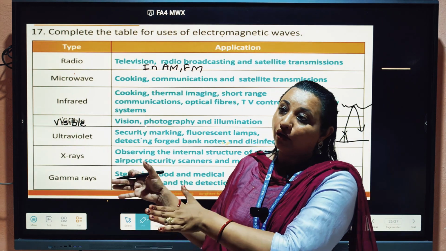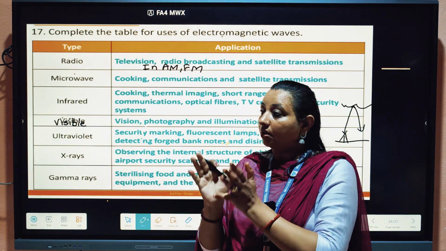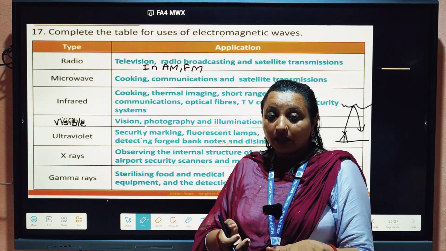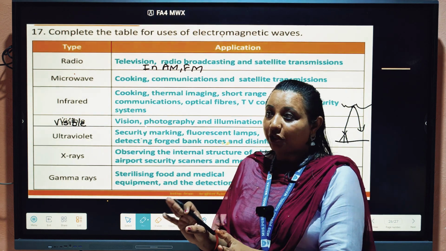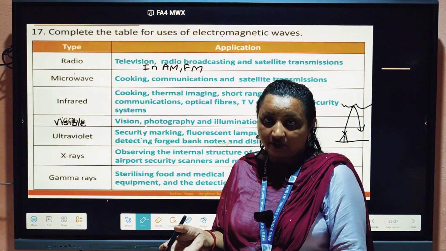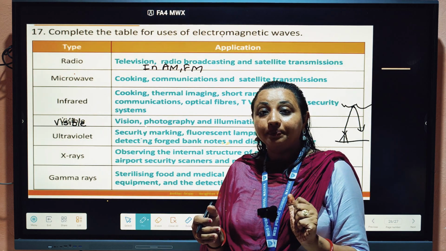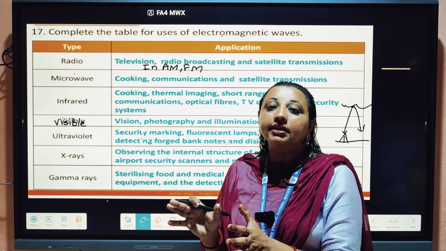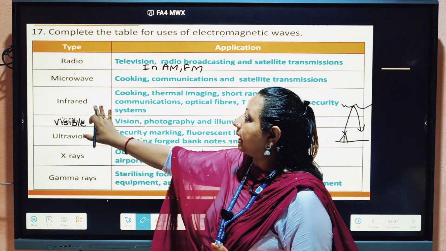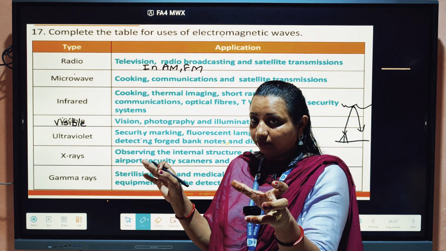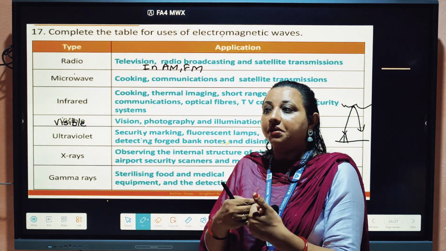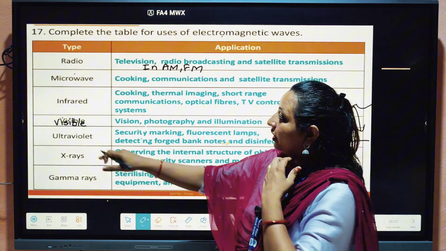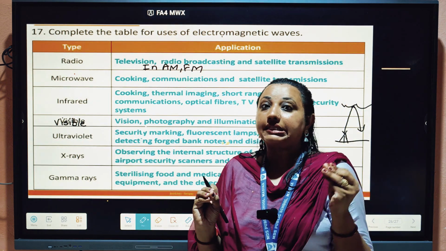If we keep an object, for example a chair, in the sunlight for 2 hours or for 1.5 hours, then it may heat up. In summer especially, it will heat up in just half an hour, right? So why does it heat up? Because of the infrared rays, due to the heat energy, it heats up. So infrared rays are associated with red. When an object is heated, it becomes red. Like when iron is heated, it becomes red hot, right? So infrared rays are also known as heat rays or heat waves.